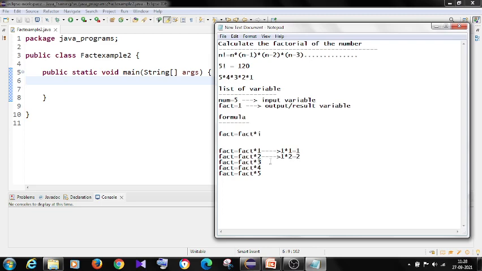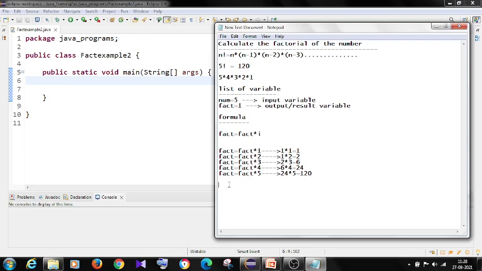Now the fact value is 2 multiplied by 3, it will be 6. Now the fact value is 6 multiplied by 4, it will be 24. If you come to the last one, 24 into 5, the fact value is 120. So the factorial of 5 is 120.